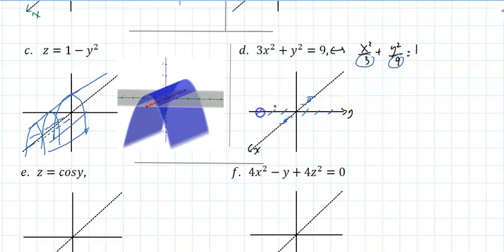And on the floor, that looks like this. Kind of like saying, move radical 3 in the x, 3 in the y, and normally you would graph an ellipse. That's what this is. Keep in mind that this x-axis is actually right there, and the y-axis is right there. Now,